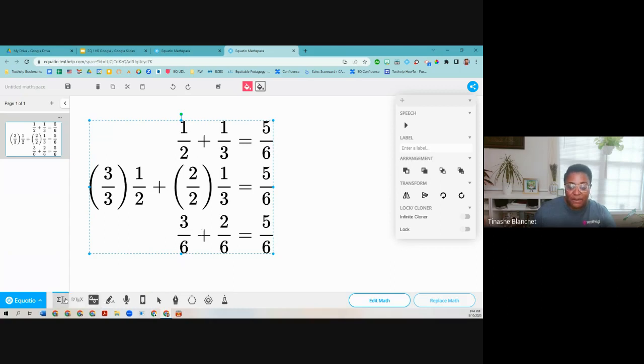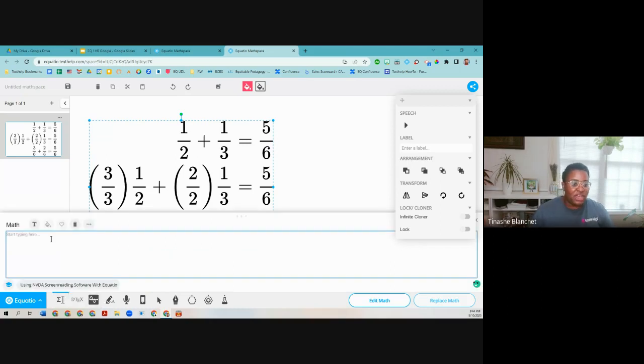So they could type it in. We have shortcuts like the / button for a fraction bar. So if I wanted to type this in, I could just type in 1/2 plus 1/3 equals 5/6, right? I can't do that in a regular document because it wouldn't convert that to a fraction, right? And then what happens is you get this weird notation that doesn't quite look like what they're accustomed to seeing in their textbook, right? And that can cause confusion for your students.